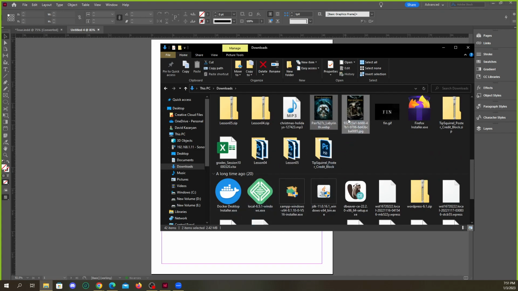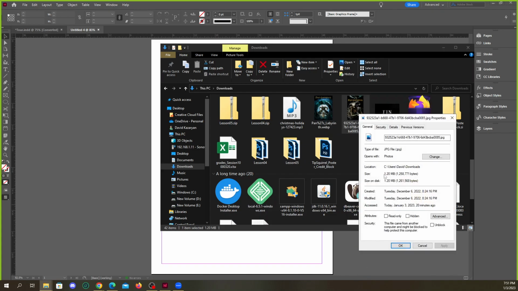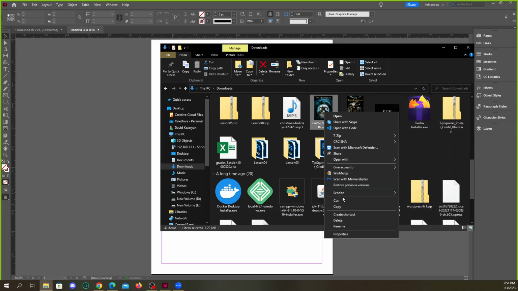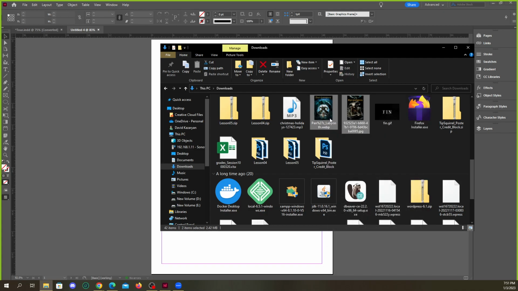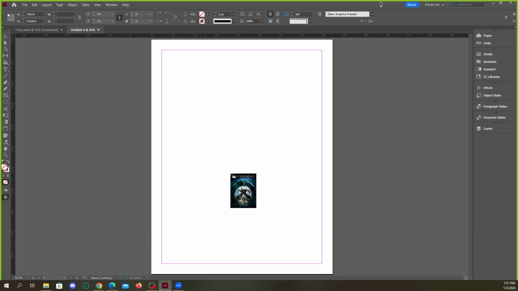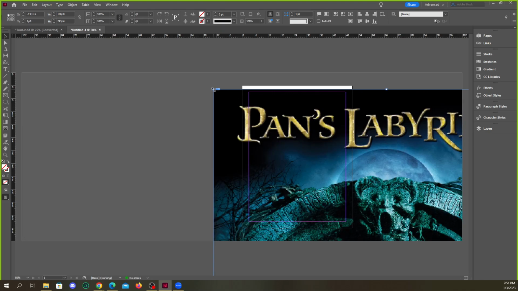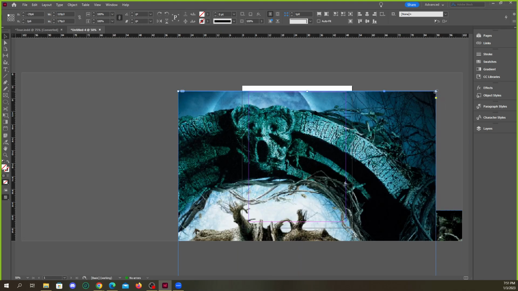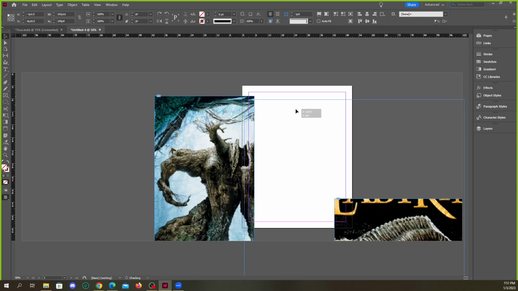Dropping 2 images. Now, before I drop the images, look at the file size for the image. This one's 1.2 megabytes. This one's 1.2 megabytes, so should be adding about 3 megabytes to the file size. Remember, it was like 50 kilobytes or something at first without the images added. So whenever I drop these in right now,